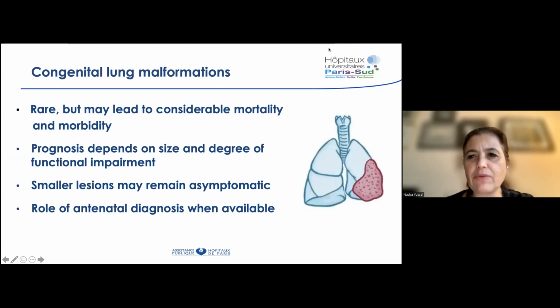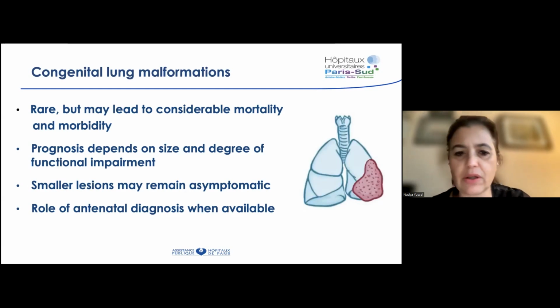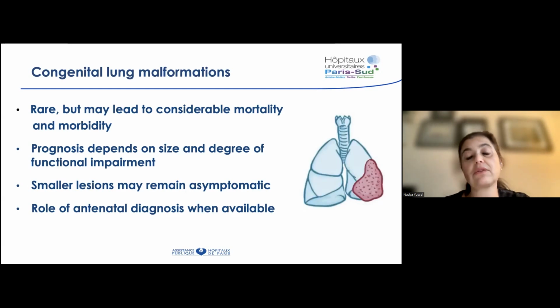We all agree that congenital lung malformations are relatively rare, but together as a disease group, these conditions may lead to considerable mortality and morbidity in the newborn. Of course, prognosis depends on the kind and the size and the degree of functional impairment. And probably there are very many children out there in the world with smaller lesions who are completely asymptomatic